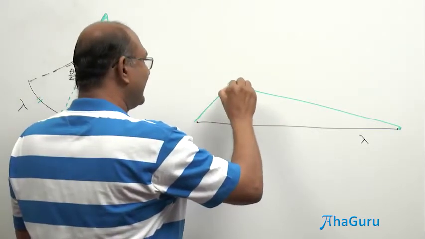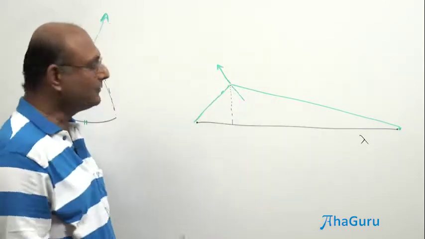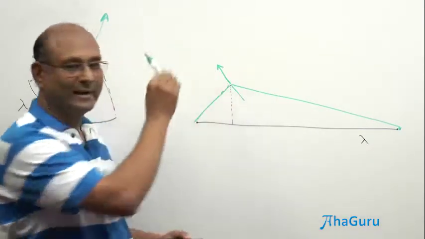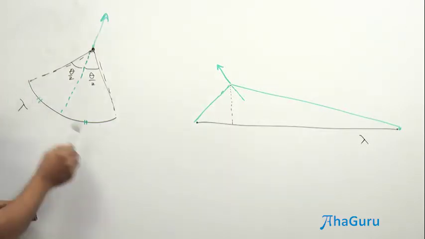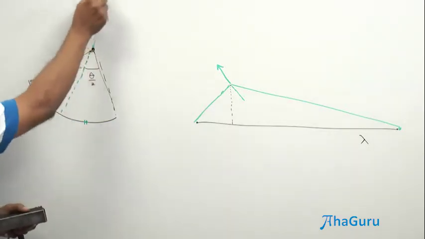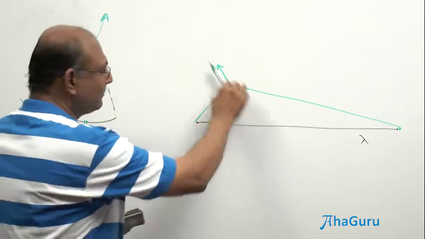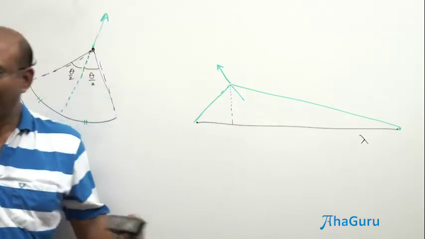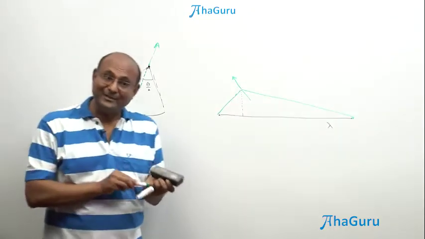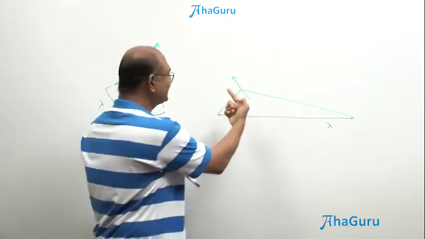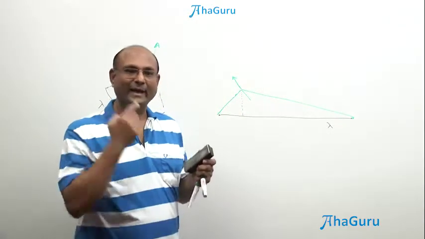Now, do you think it is obvious that the field of this thing is going to point like that? See, here it seemed reasonably obvious that the field was pointing right in the middle. Is it obvious that it points like that? No, right? It doesn't look obvious. But it turns out that it is. The field is pointing like that. The field is along the angle bisector.